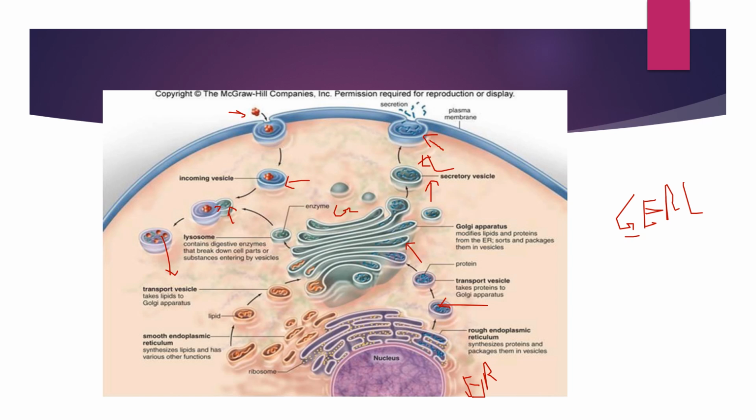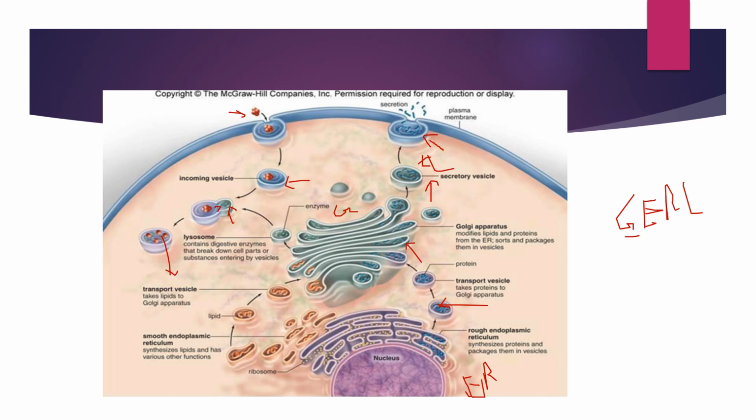After the modification, the material is packed in the Golgi apparatus and transported in the cell, and now this structure is called the lysosome. Now the lysosomes are present in the cell, and if something wants to enter the cell,